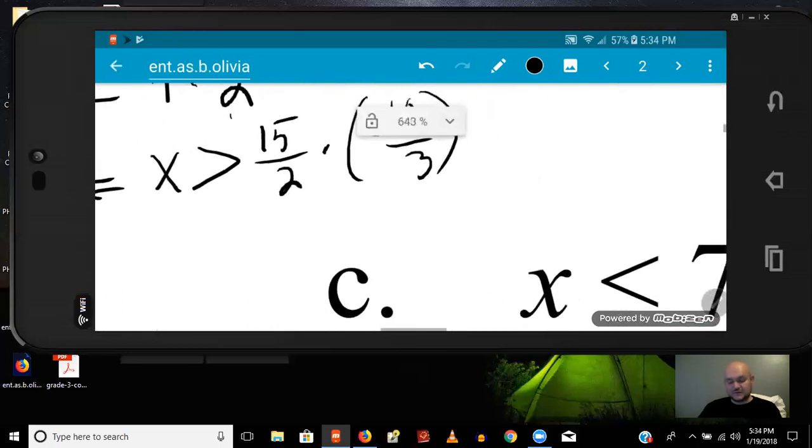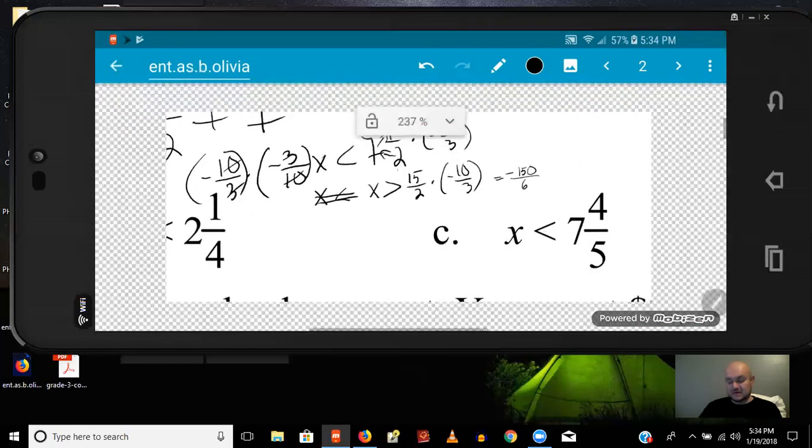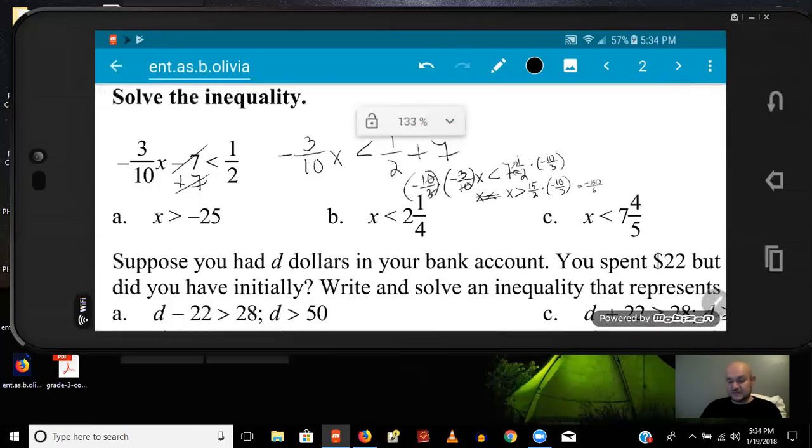It's just for time's sake. And then I multiply across. The top becomes -150. The bottom becomes 6. Now I can do that probably in my head. I'd rather not. But I can look at my answers and see which ones, because it's x is greater than